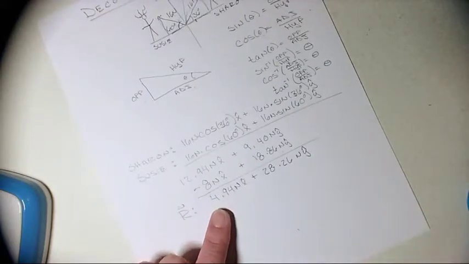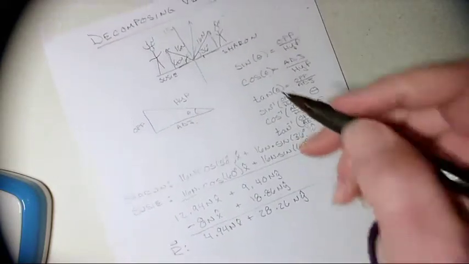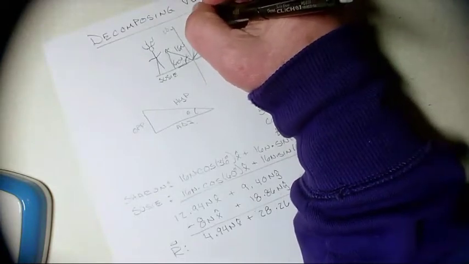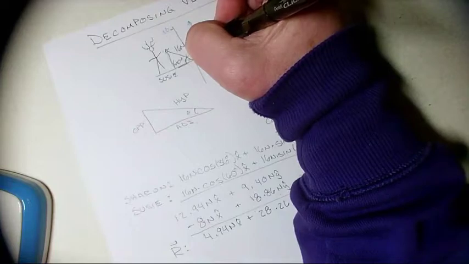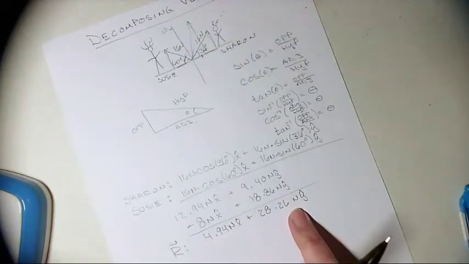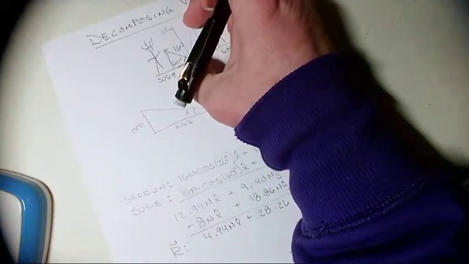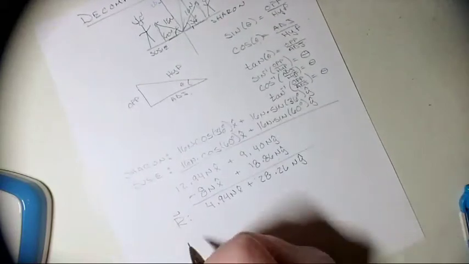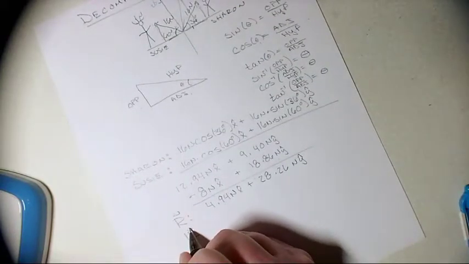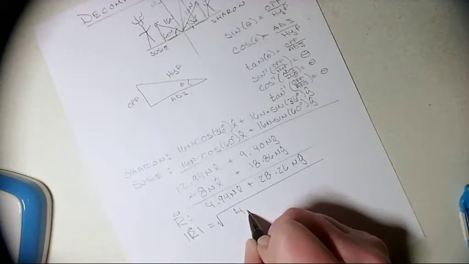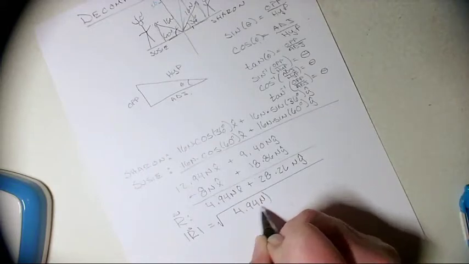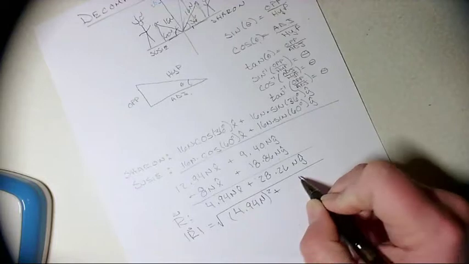But we don't know what the magnitude of that line is. So again, this is just trig. If those lines had been straight, it would be easier to tell that this is a right triangle. So we have our a squared plus b squared to get the magnitude, which will be just c. So our magnitude of our resultant vector is the square root of 4.94 newtons squared plus